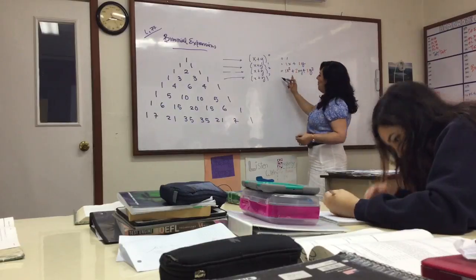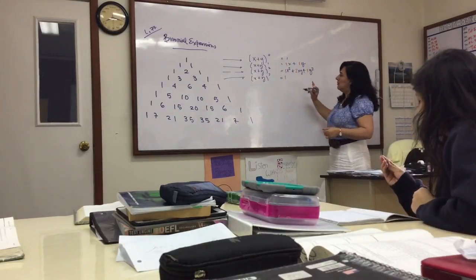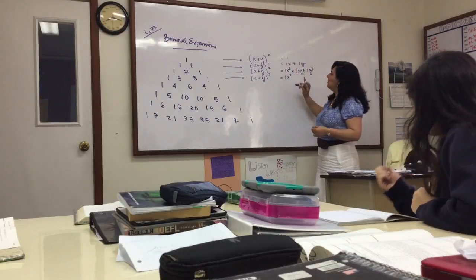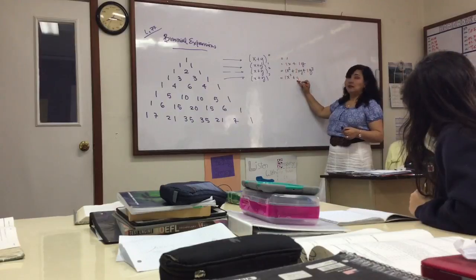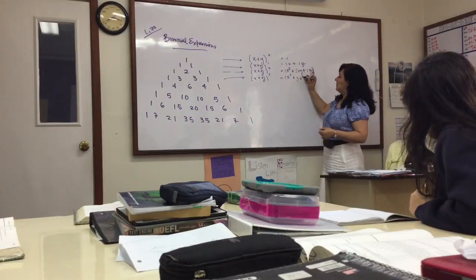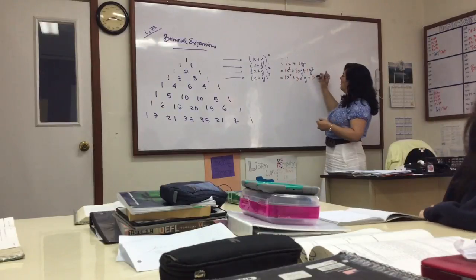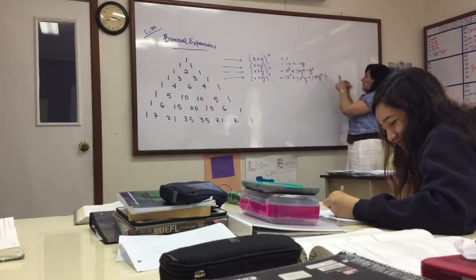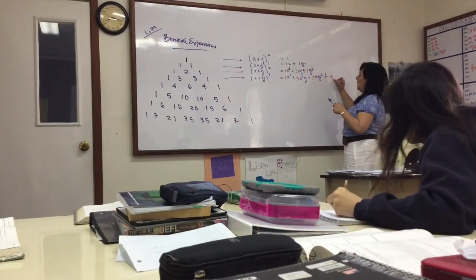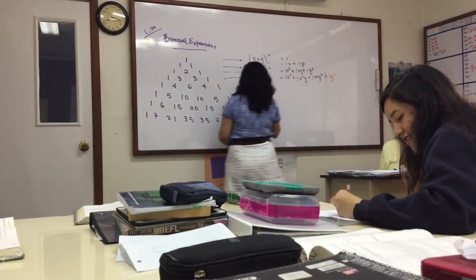So what will the next one be? x plus y to the 3, x cubed plus 3x squared y plus 3xy squared plus 1y cubed. Okay, if you follow this pattern, let's say down here,